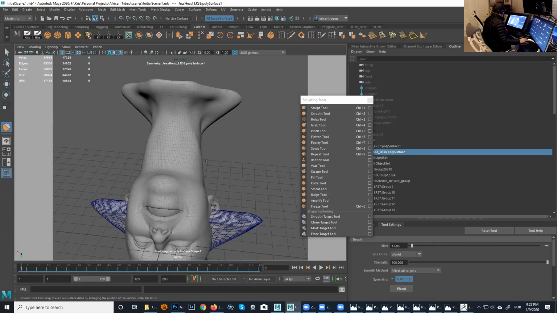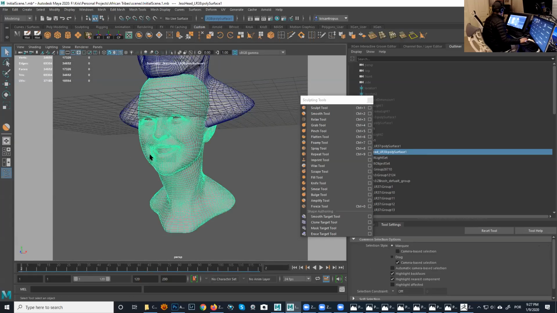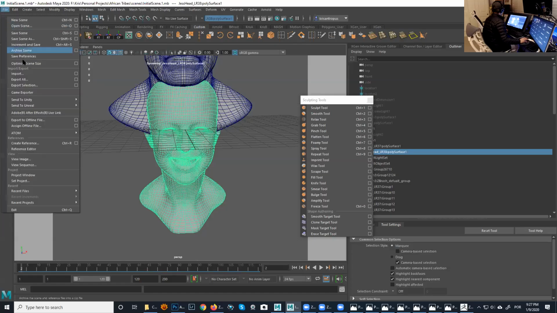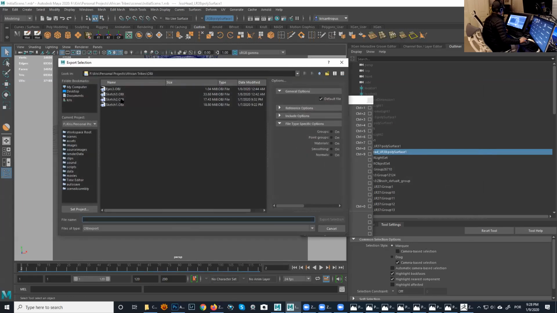Then you can bring this one into ZBrush and see if ZBrush is a little kinder now, allowing us to do symmetry in there. So let's click this one, export selection. It's a little touchy when it comes to the topology, like for symmetry stuff. In the past, with the old version of ZBrush, I never had this type of problem before. And then I could swear, not long ago, this stuff started to happen with a lot of the models that I use. So I'm not sure. Even some of my students, Roger was actually having a lot of trouble with the symmetry during one of those classes. So let's see, head